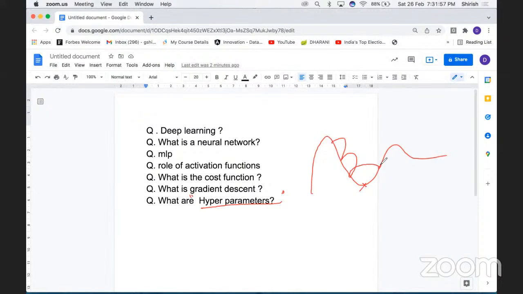The model can give you good output. If it had converged, it would have given good output, but it is diverging. It is missing this critical minimum point here. That's where it is an art of choosing the parameters. It is a time-taking thing to tune the right set of parameters.